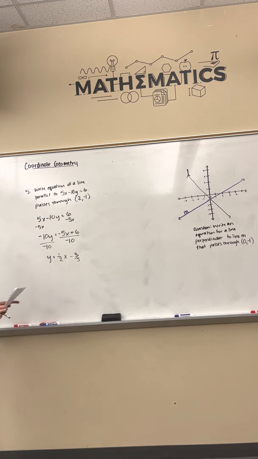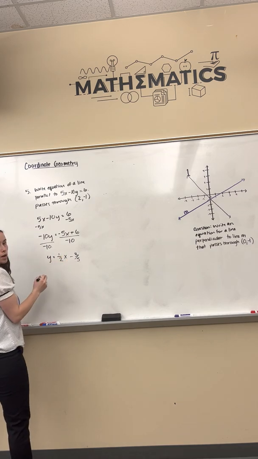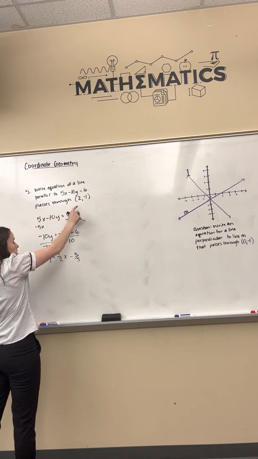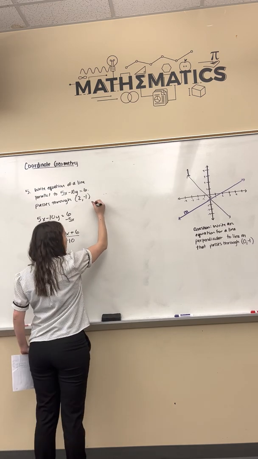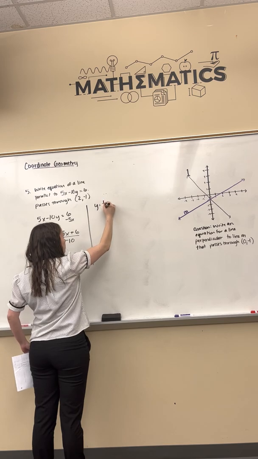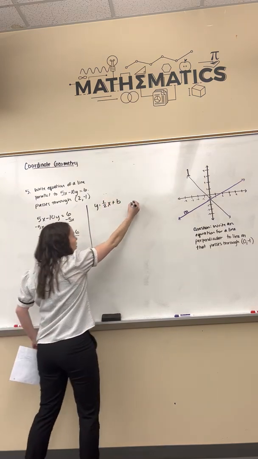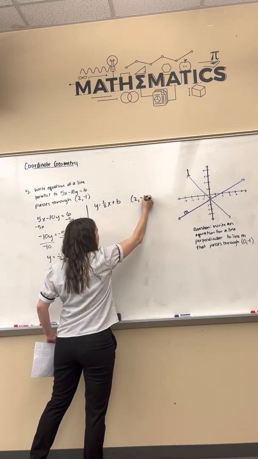Okay. Now, if we're trying to find an equation parallel to that, then we're looking for the same slope, but probably a different y-intercept. So we're given this point, and I'm just going to do that over here. y equals 1/2 x plus b. We want to find b, so we're going to plug in the point 2, -1,